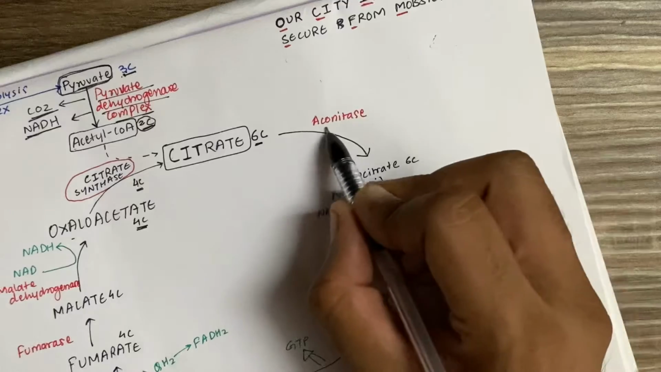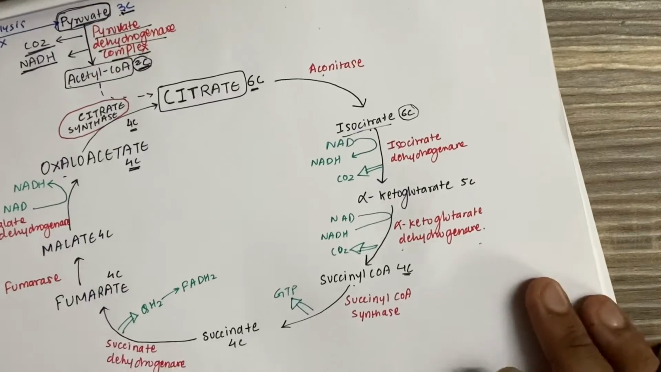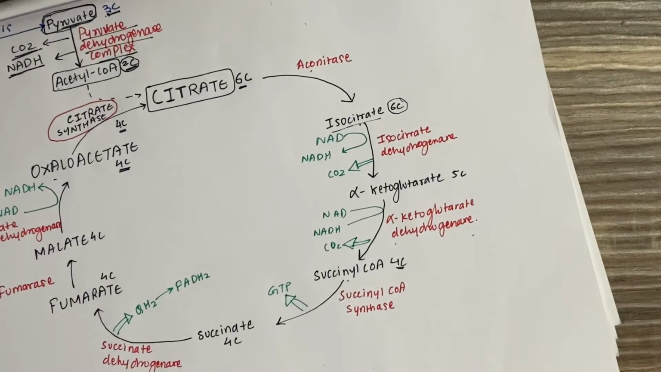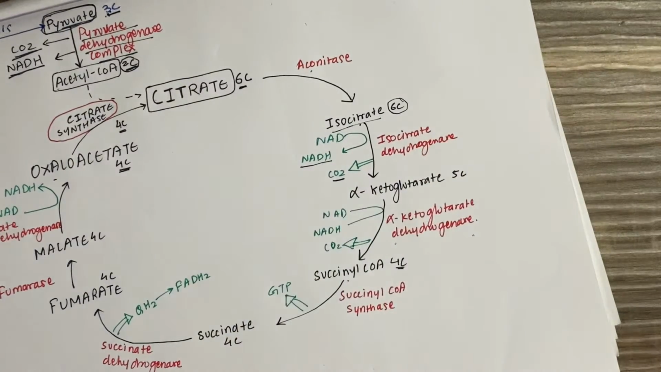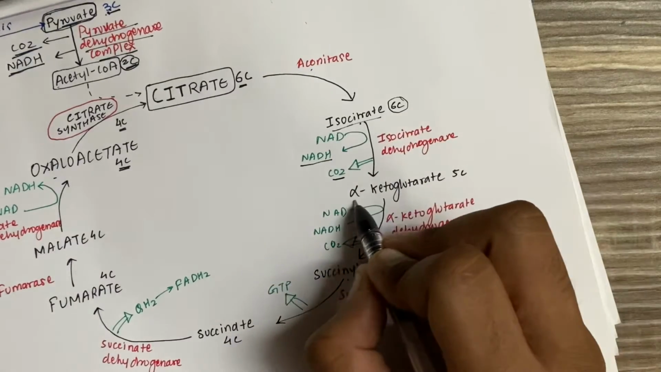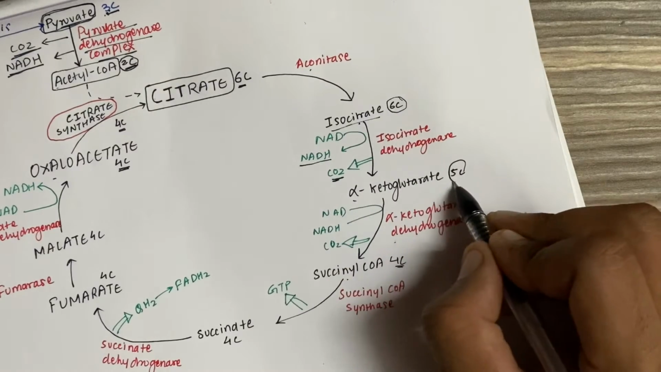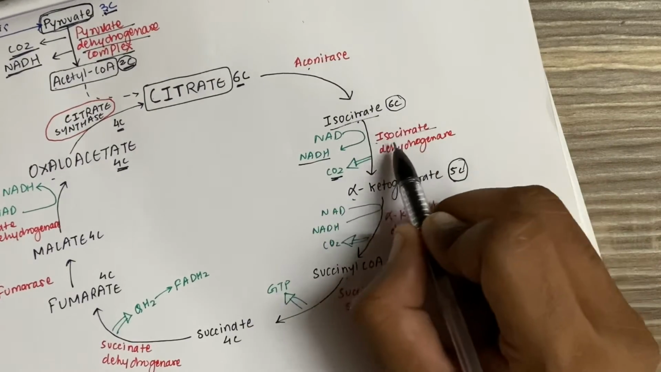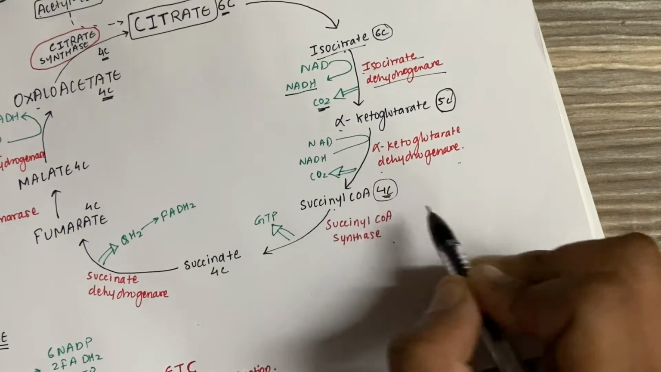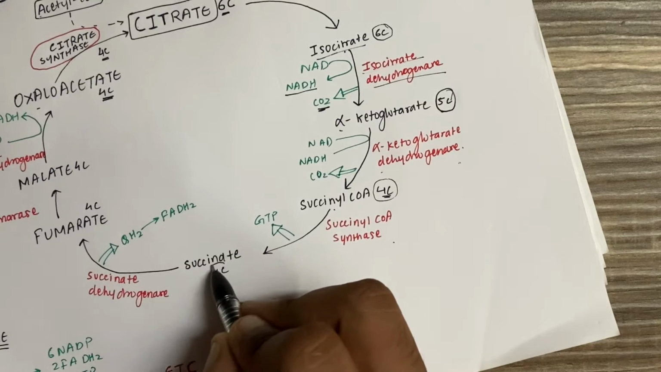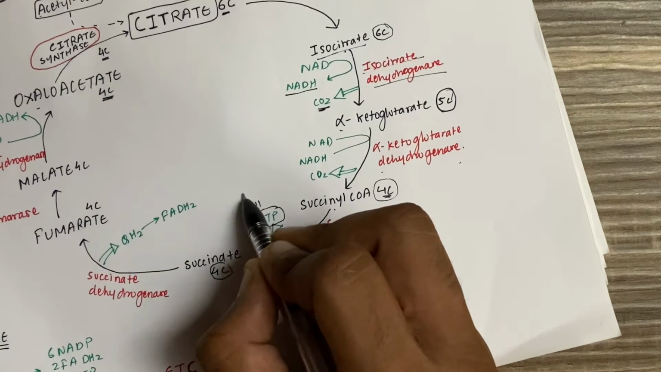Under the influence of aconitase, it is converted into isocitrate, which is also a 6 carbon molecule. Then isocitrate is converted into alpha ketoglutaric acid, and in this step carbon dioxide is removed and NADH is produced. Because 1 carbon has been removed, this ends up being a 5 carbon molecule. Then succinyl coenzyme A, a 4 carbon molecule, is converted into succinate, which is again a 4 carbon molecule, and GTP is produced, which is almost equivalent to